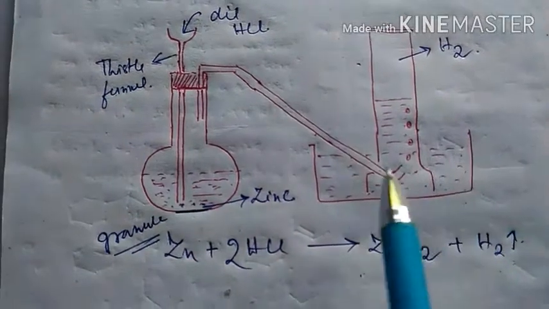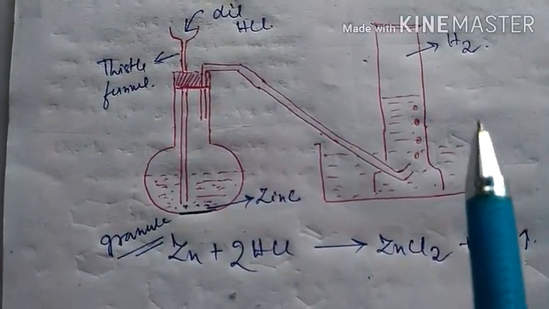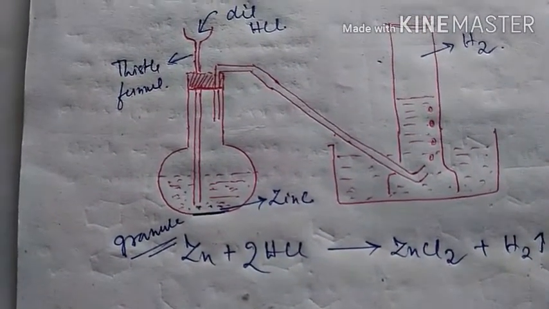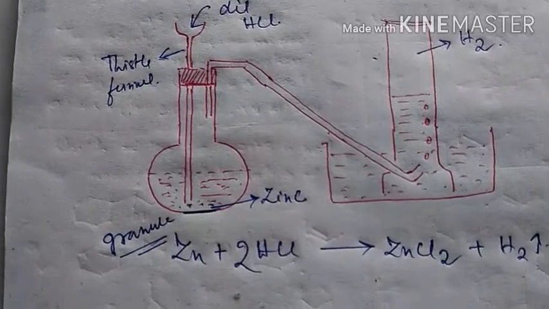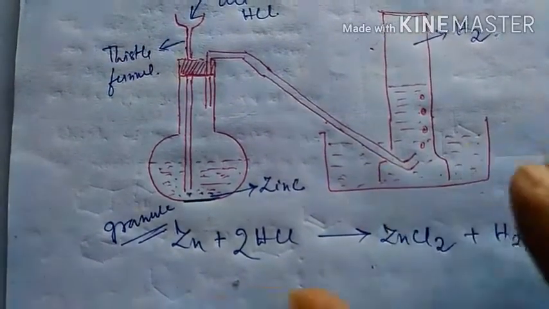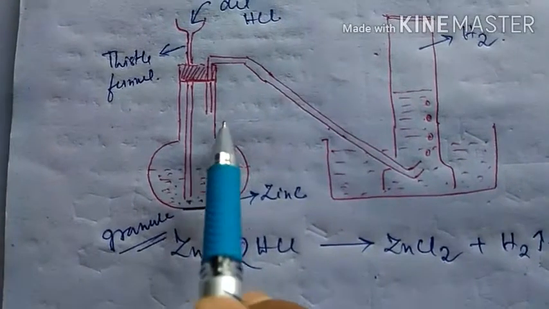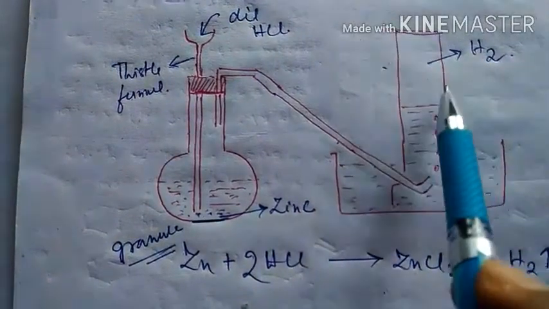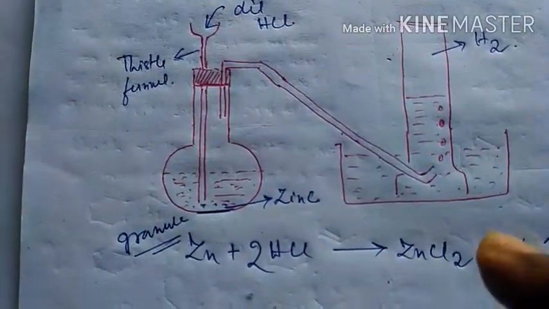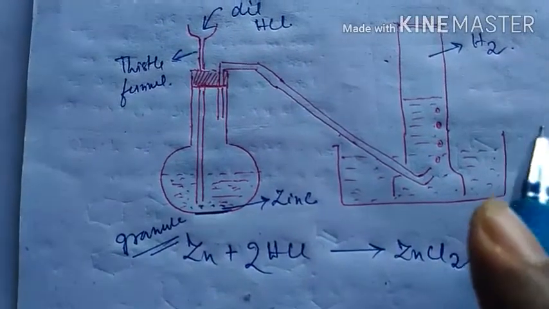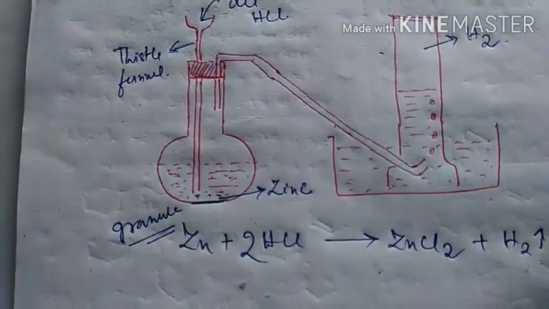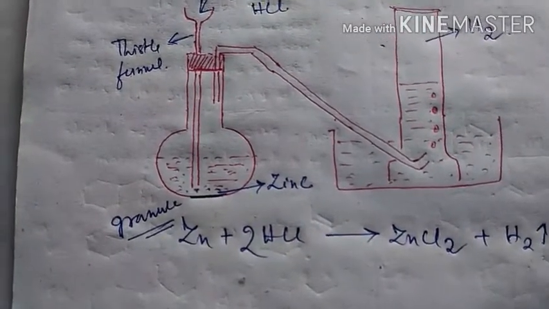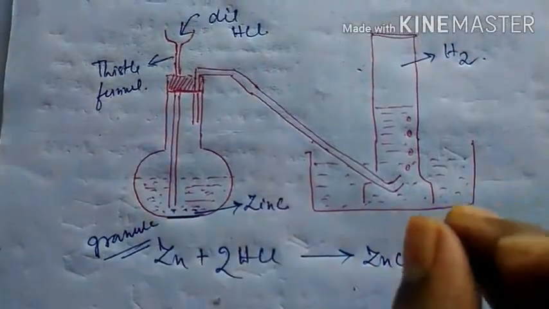And what will be the observation for this reaction, students? The reaction will gradually start in the form of effervescence. If the reaction is too slow, pour in a little concentrated acid also, and when all the air from the apparatus has been expelled, then we will collect the gas. During this collection, hydrogen is virtually insoluble in water, and it forms an explosive mixture with air, so it cannot be collected by downward displacement of air. That's why downward displacement of water is applied.